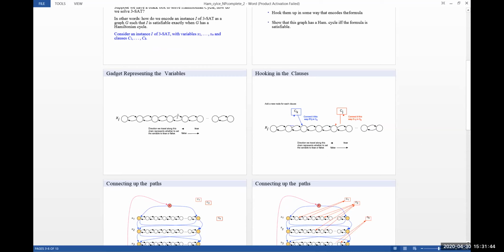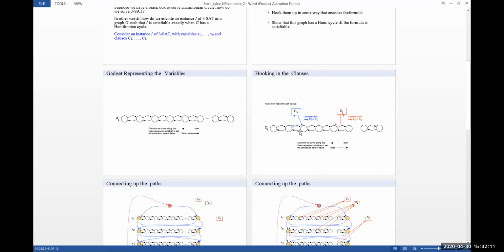Okay, so since we are representing that in the form of variables, we are just going to represent that the forward direction is true and the reverse direction is false. Okay, so we can take anything. So in this example, they represent this direction as true and the forward direction as false. So it's up to us to take anything, because we are just going to check whether it is satisfiable or not.